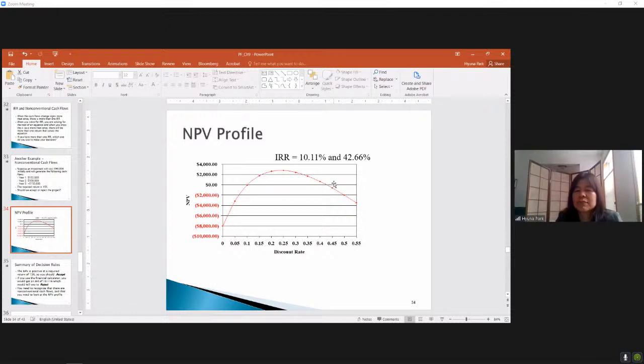So it's not clear which one is the IRR of this project. In that case, we need to use NPV. We need to estimate what's the right discount rate. So for example, if it's 15%, NPV is positive, so accept the project. But if the right discount rate is 25%, for example, if the right discount rate